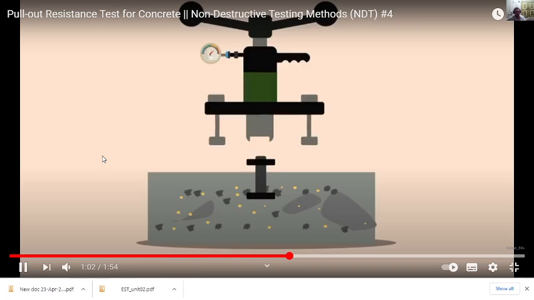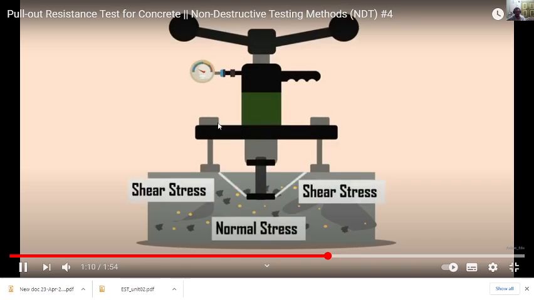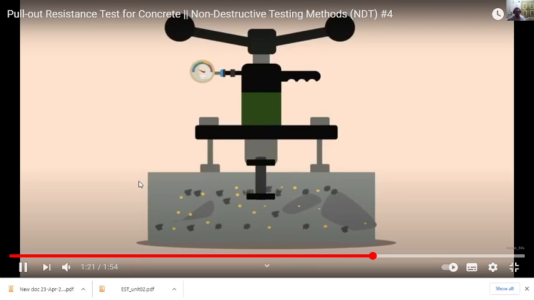The instrument is placed over the inserts and force is applied to pull the rod. The force is applied over this knob, and the pressure is increased. The pull-out force is resisted by normal stresses and shear stresses acting on the insert surface.